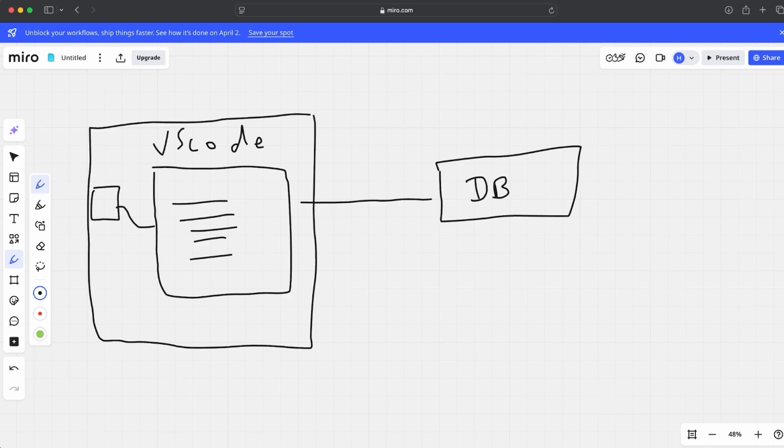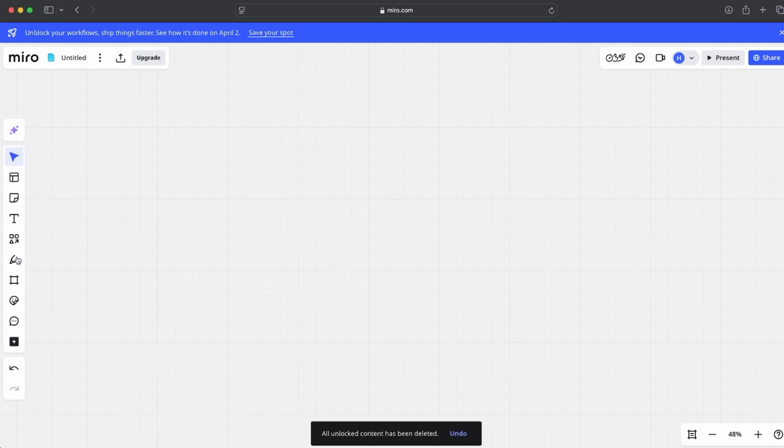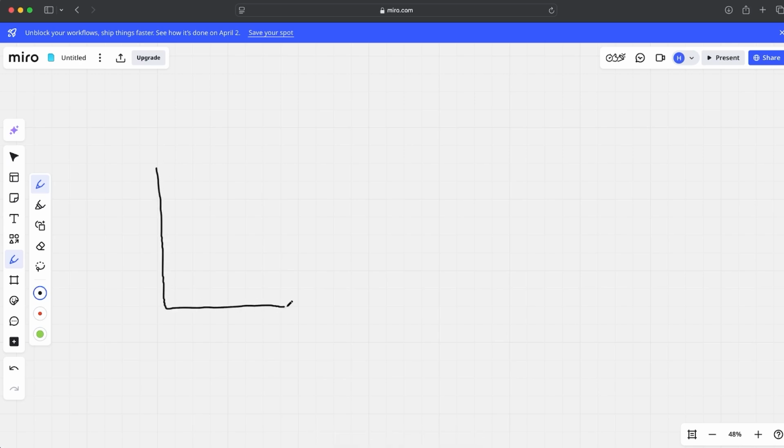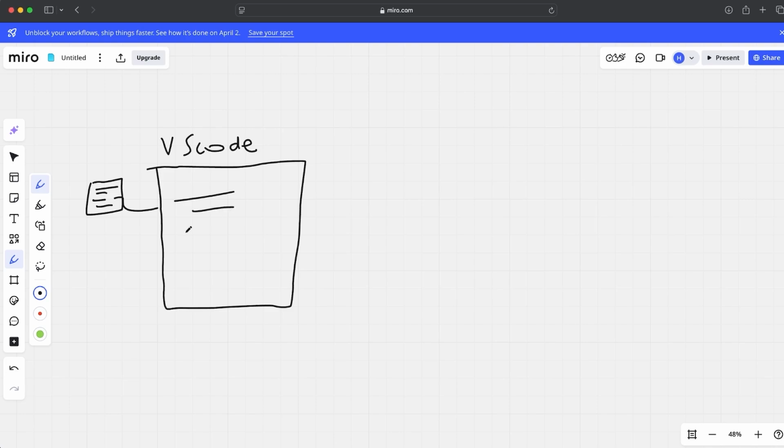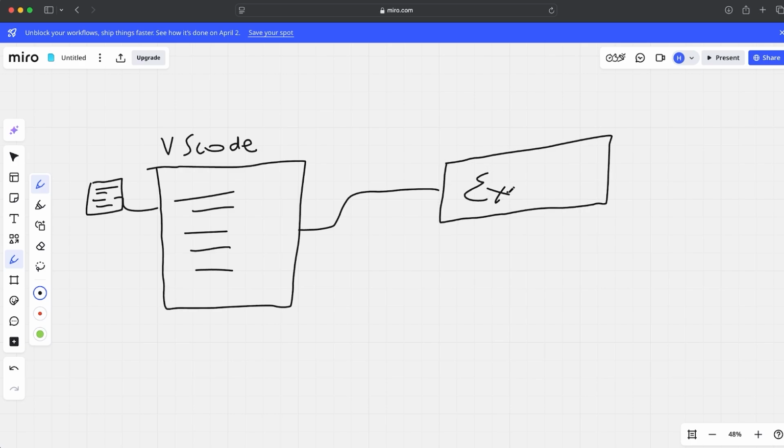So what we're going to do here is run everything inside of containers. We will continue developing the application inside of Visual Studio Code. And yes, the actual application code will be stored locally. That will remain the same, except now this code will be connected to a container where we will be running Express. So in actual fact, when we run our Express application, it's going to be run from our container. And of course, that container is going to be connected to our database container